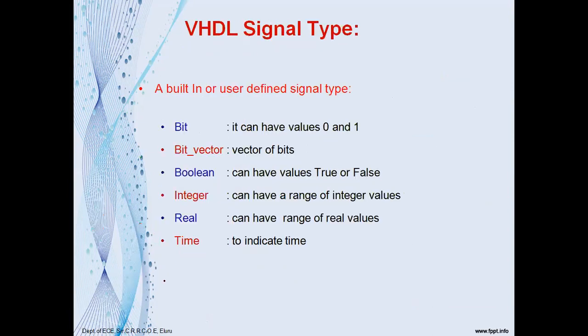And the next one, the VHDL signal type. So if you remember the syntax of the entity, in the syntax of the entity we have the signal type. A signal can be distinguished as a mode of the signal and the type of the signal. So a signal can be defined as an input signal, and a signal can be defined as an output or in out and buffer. Now when you define a signal as an input signal, the input signal can be any one of the types here. So that is the signal type.